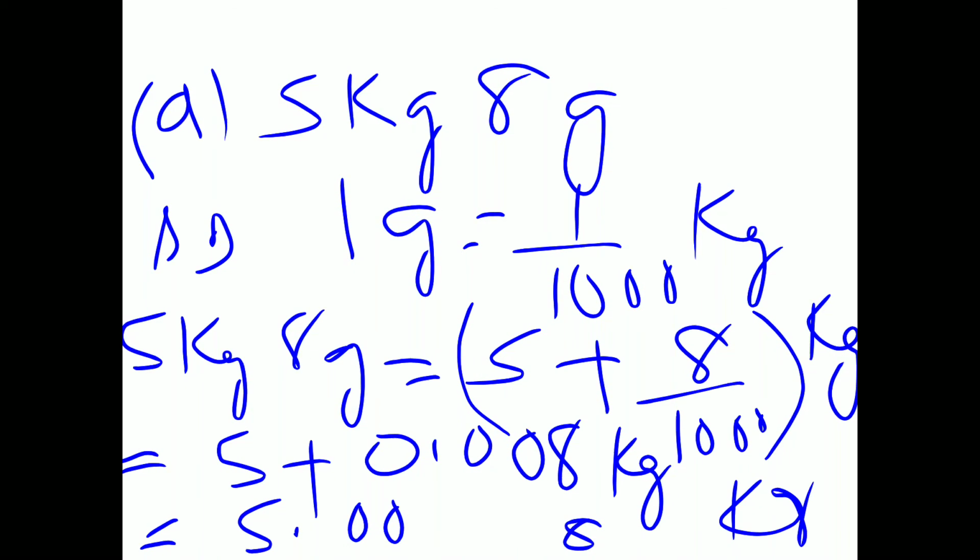Clear? So today you have learned how to compare decimal numbers. Firstly you convert into like decimals, then you do the comparison, and then you have done conversion of paisa into rupees, meters into centimeters and into meters, millimeters into centimeters, meters into kilometers, and grams into kg. If you know the formulas that 1 meter is equal to 100 centimeter, 1 kg is equal to 1000 gram, then you are able to do this conversion. So I hope you understand. Thank you and have a nice day.